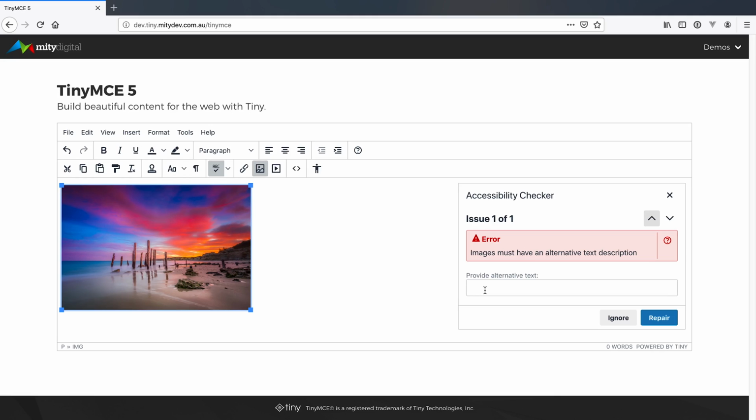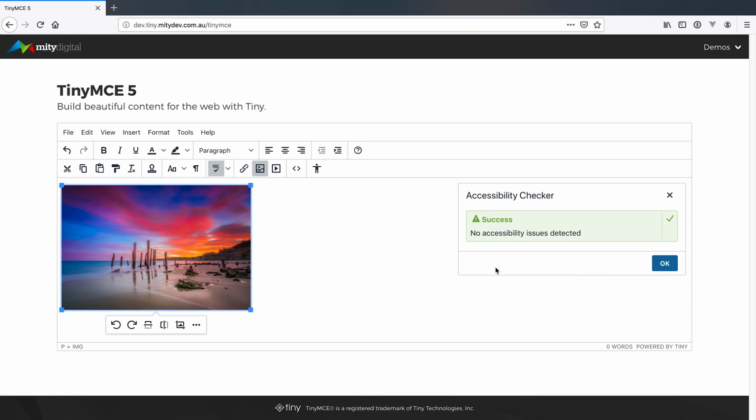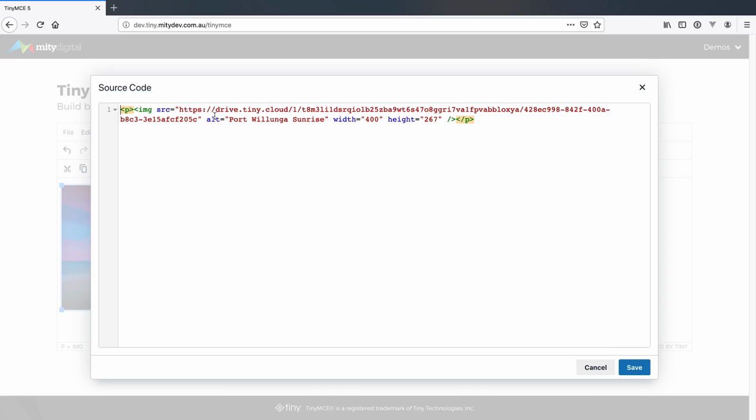So we're being told here images must have an alternative text description. Awesome, I can actually do that right now. So this is Port Wollonga sunrise, and we can repair it. No other issues detected, and if we just go back to view our code, you can see that our alt